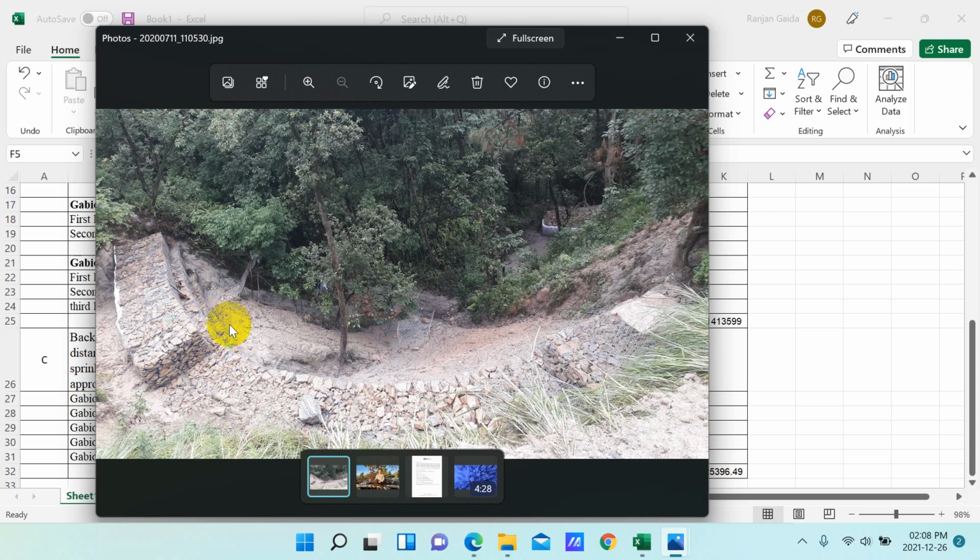So just maintaining a certain level, leaving 0.5 meter, 0.5 meter, 0.5 meter, and then you can come to the desired top. After that, we keep a 1 meter, leaving 0.5 meter on this side and 0.5 meter on this side, and then finally our work is done at this site.